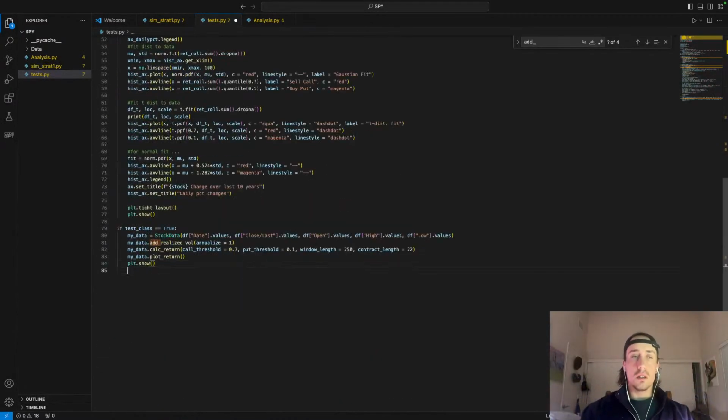Now we could say if test analysis plot is equal to true, my data is equal to